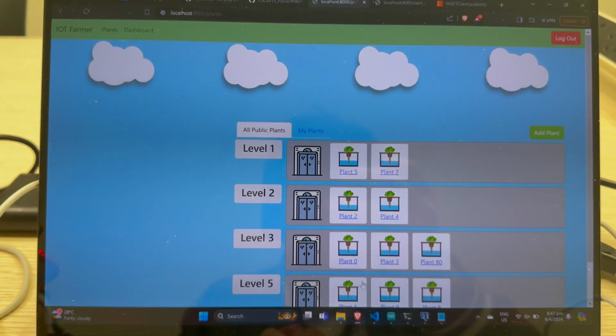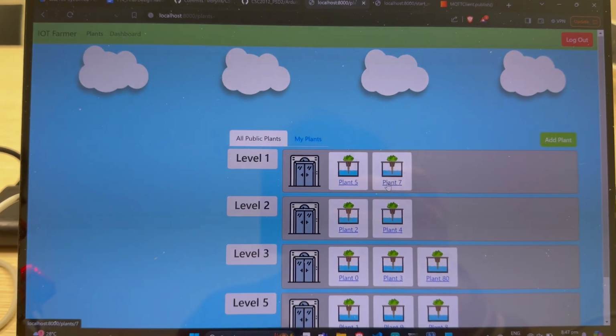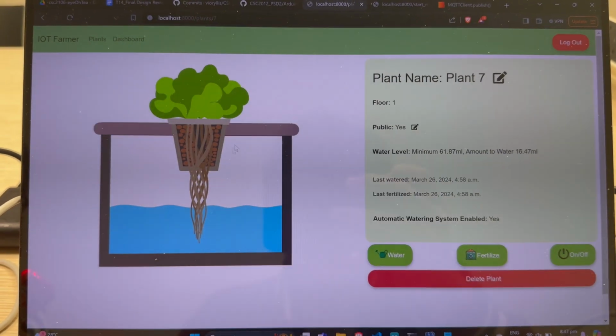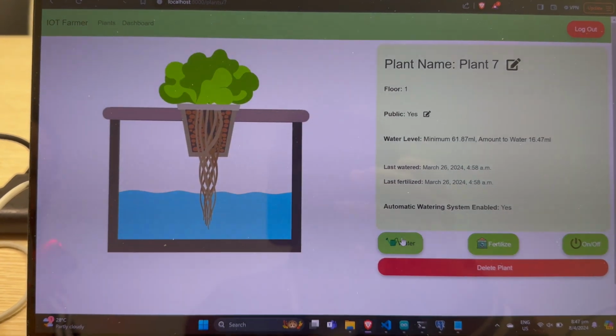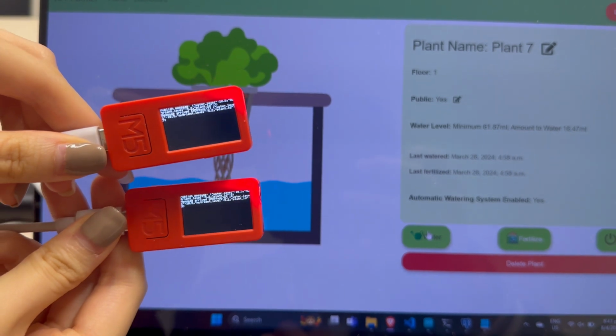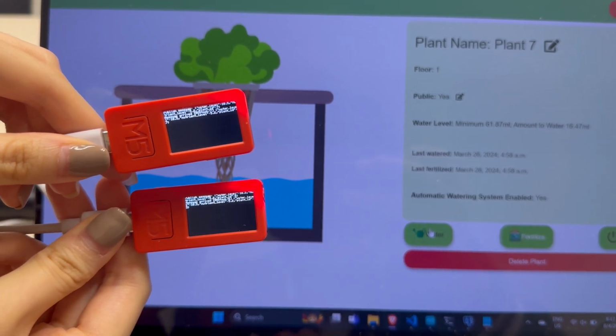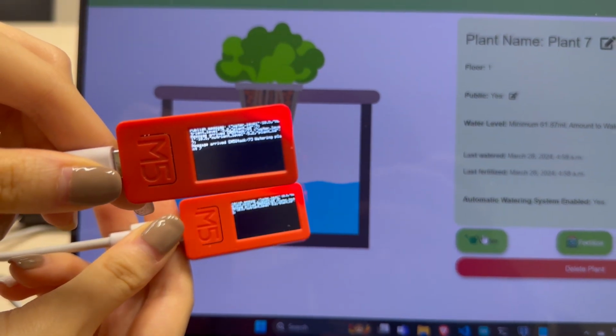So now I'll go into the controls on the Django side. So we go into plant 7. Here is the statistics page and the controls for the plants. So if I press water plant, it should only reflect on one of the M5 sticks, which is the ID 7 M5 stick, the one on top. So if I press water plant, as you can see, only the one on top has the message that says